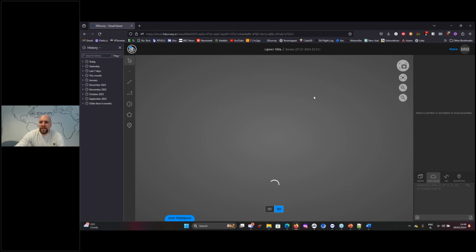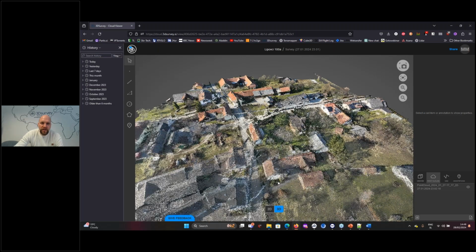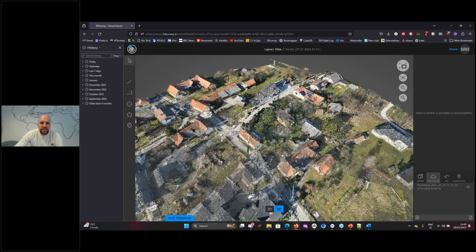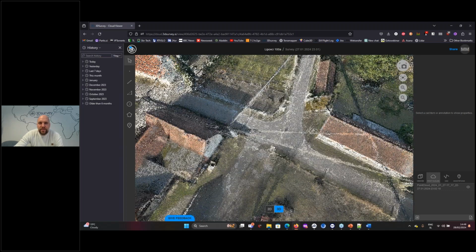So when you get here to the cloud, you can click here on share, you can select anyone with the link can view the project, and then you can give this data to architects or civil engineers. And here on the cloud, data is loaded like so, point by point.